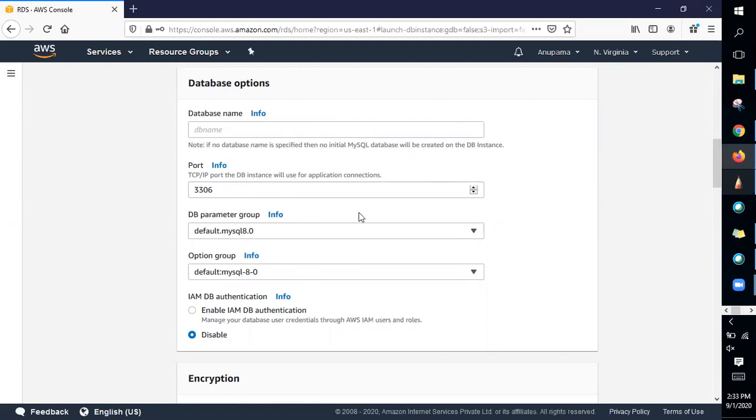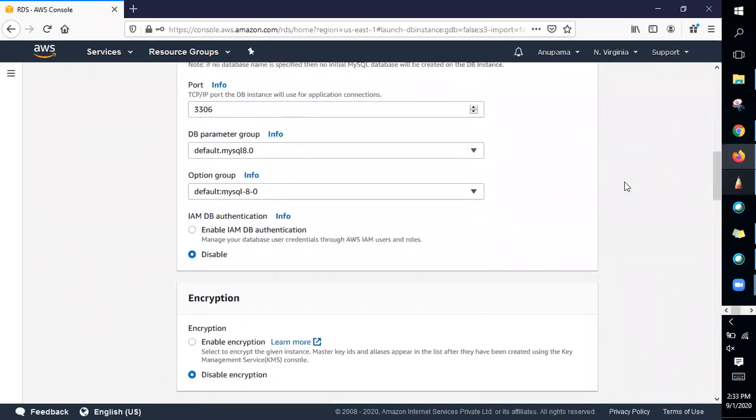And the parameters and the option group are basically more about the hardware configuration of your DB configuration. Okay, so something like, for example, if you're a little more aware of database, you might be having some features called auto commit and all. So if you want to enable the auto commit, yes or no. Okay, so such kind of things you can do in the parameter group, and by default we have some sort of parameter group, we can use that. And option group is basically more about taking backups, how do you want to take the backups and all.